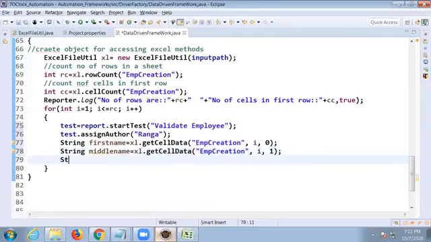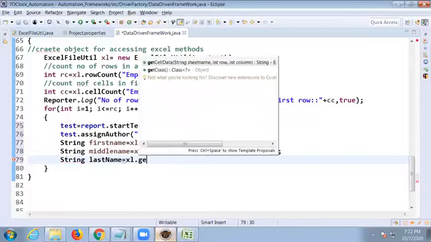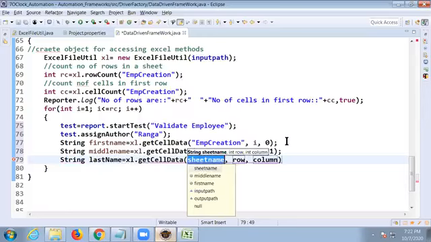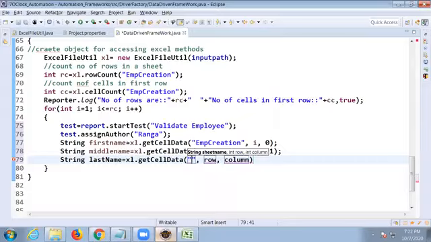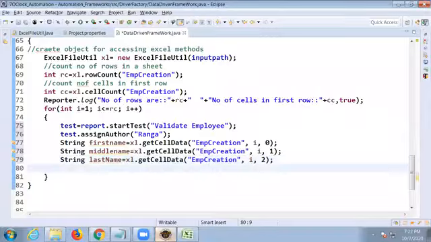Next, string last name. Last name is equal to Excel dot get cell data. Sheet name, what was that sheet name again? EMP creation. All rows. Which column is it? Second column. Third column means second, right? Yes. Now where are the parameters first name and last name stored? They're stored